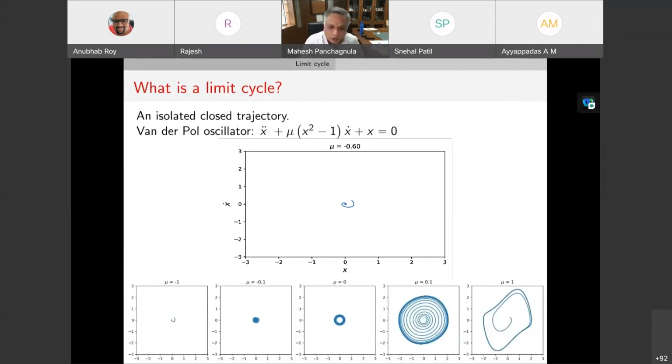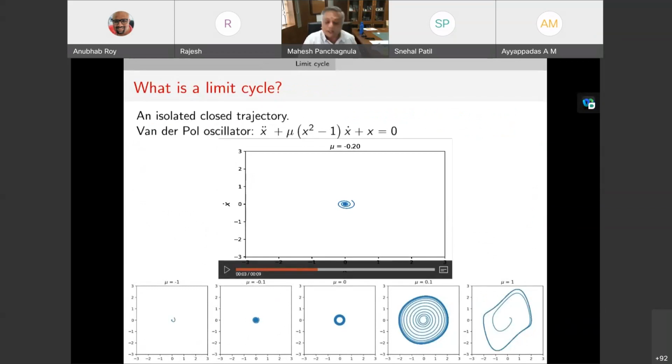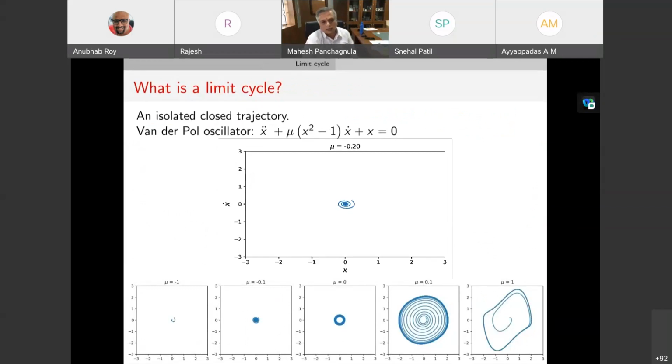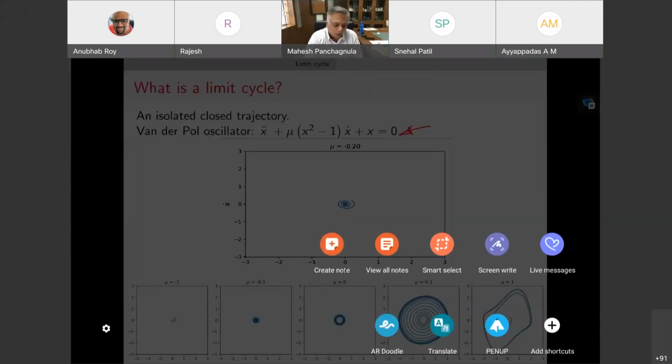Okay. The second point I want you to appreciate is what is called a limit cycle. In the case of a single degree of freedom nonlinear system, you have equilibrium points that attract or repel. Those are the only solutions, attracting or repelling, possible in a 1 degree of freedom system. The moment you evolve into a 2 degree of freedom system, in this case, I've taken what's called a van der Pol oscillator. You can see that's the equation governing a van der Pol oscillator.